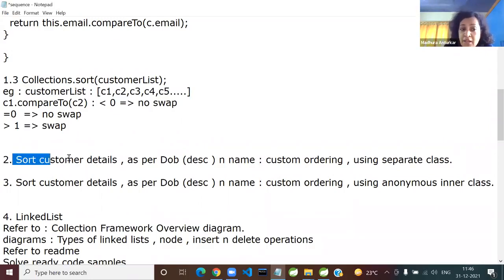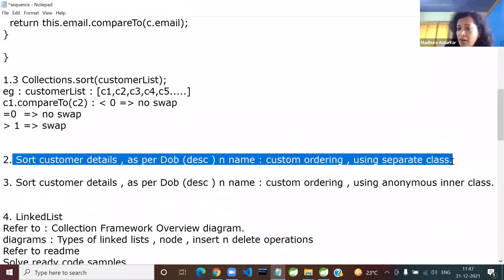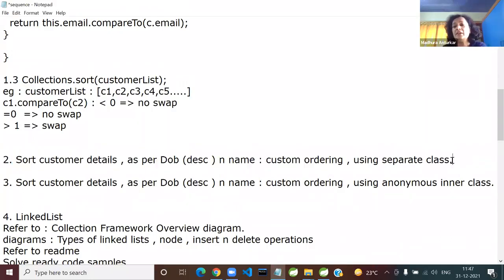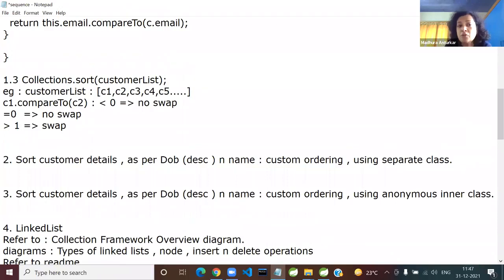So the first example is to sort these details using custom ordering, and for that we will create a separate class. First I will explain here on the whiteboard, such as Notepad, and then we will write it together as an example, so you will know what is happening. I have already given you custom ordering. Anyone want to tell me step 1? What is the first step? You have to create a separate class, and which interface does it have to implement? The name of the interface is Comparator.